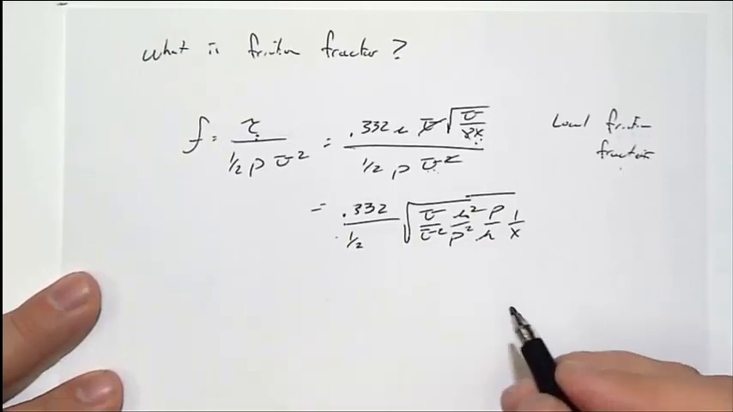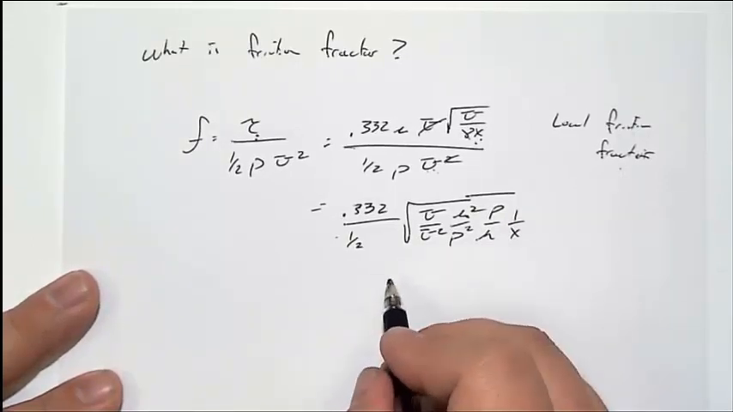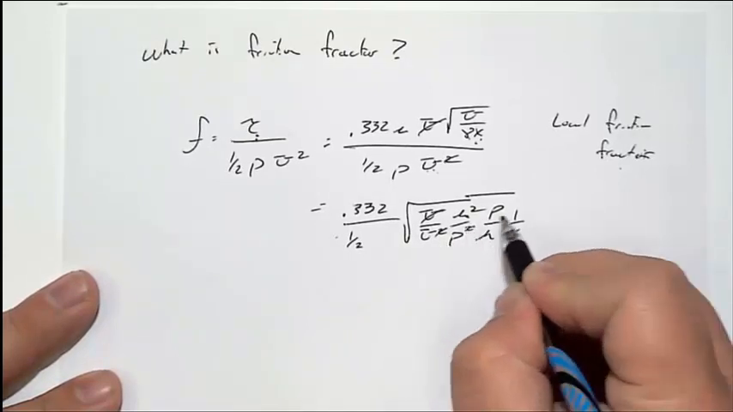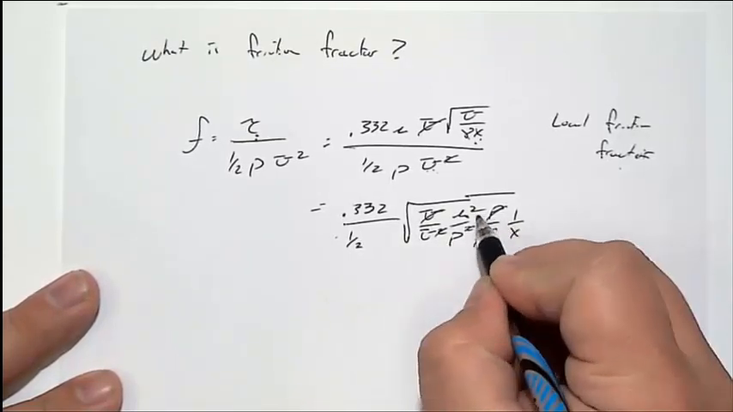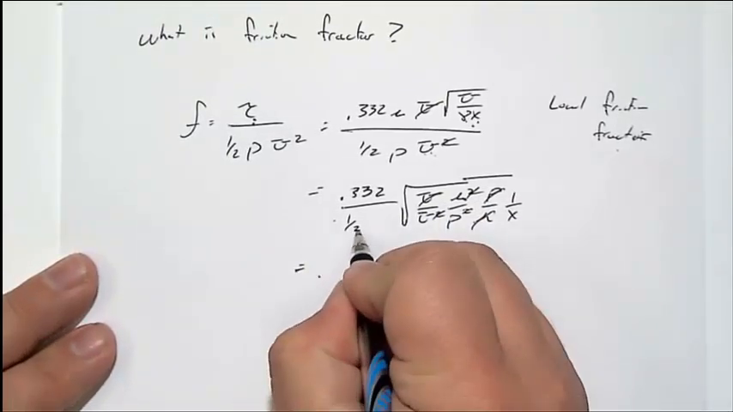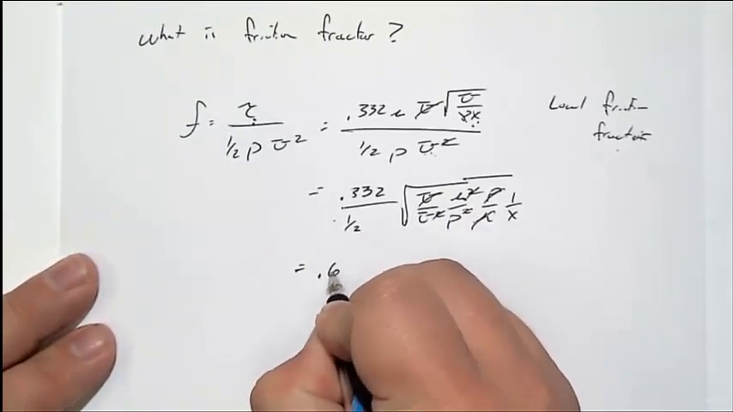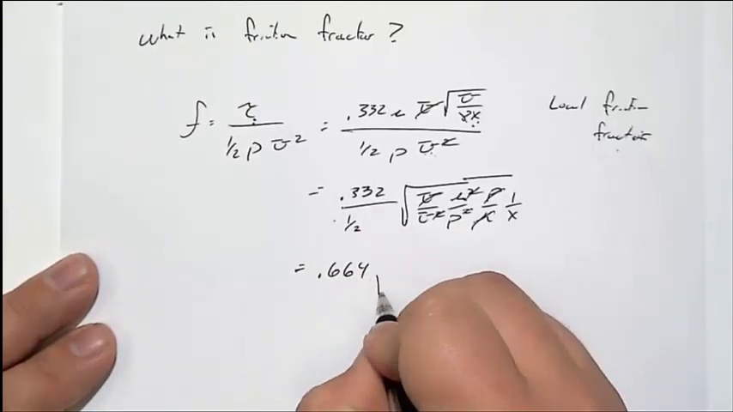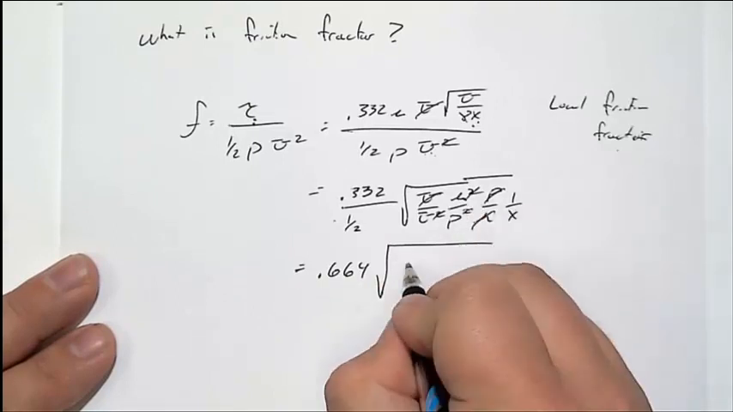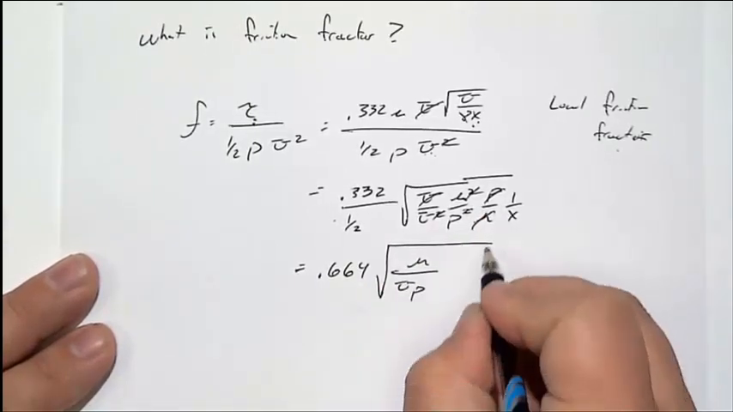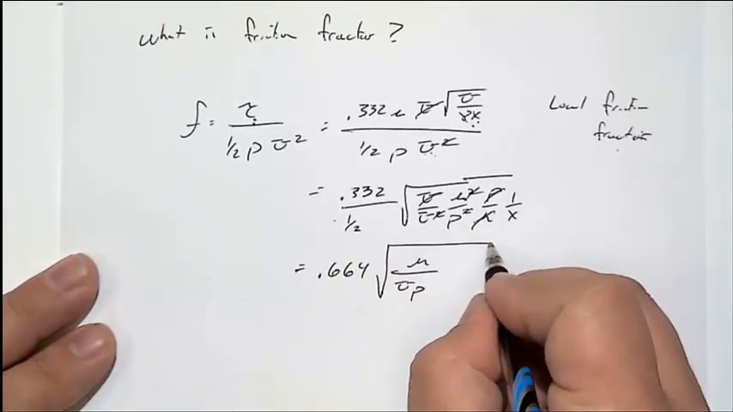And then finally over x. So this helps clean up some of these terms a little bit. So this cancels out, that cancels out, that rho cancels out, this viscosity term cancels out. So then go ahead and multiply my 2 on through. This becomes 0.664 times the square root of mu over u density